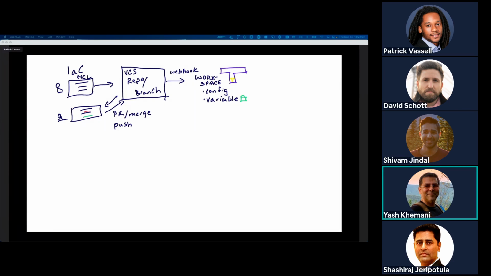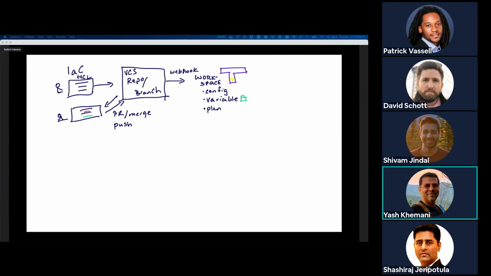The next thing that Terraform does when that configuration comes in, when those variables are set, is it kicks off a plan, or you can think of it as a dry run, which describes what Terraform is going to do before it does it. This allows us to validate that what we are doing is valid before we do it.